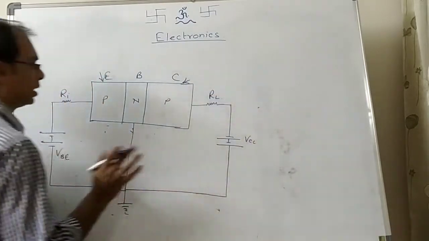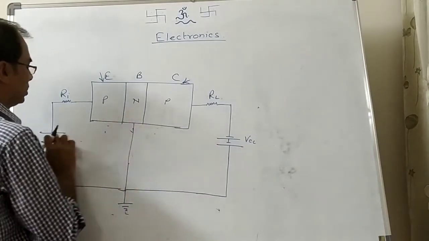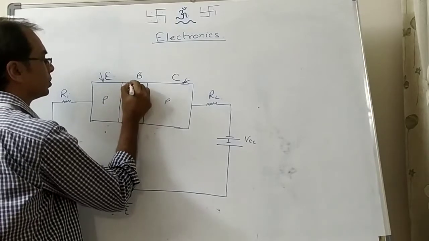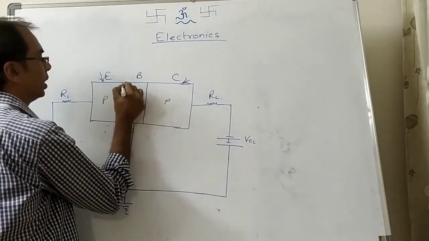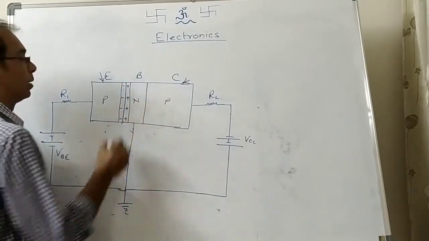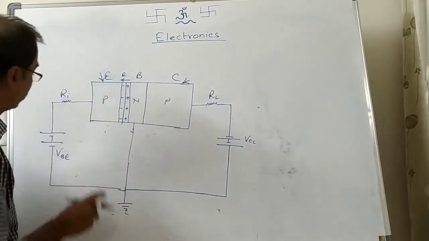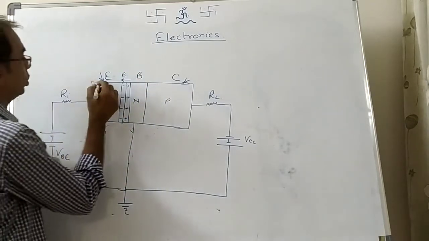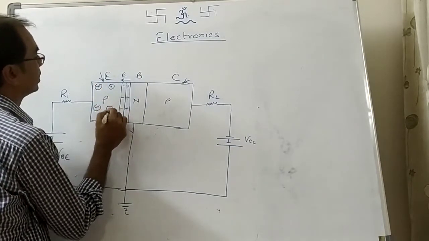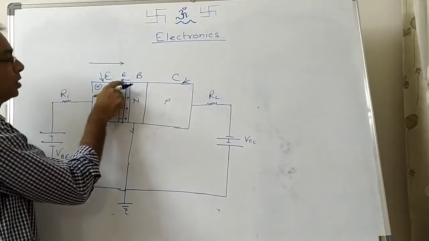But first of all, let's try to understand the function. Now this is a PN junction, right? And this is in forward bias. So definitely here also a depletion layer will be there. Here will be negative, here will be positive, negative, positive, negative, positive. That means the electric field is in this direction. Correct. We have connected forward bias. Here are holes. So the external electric field is like this. It is going to push them in this way. It's opposite to this electric field.